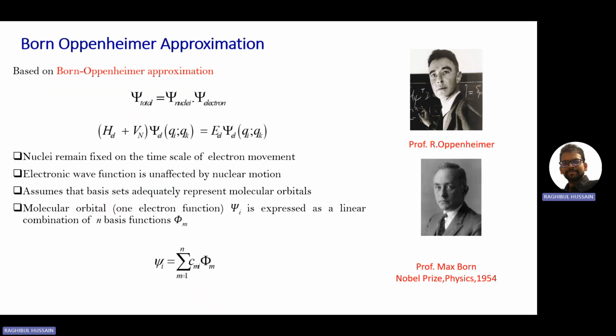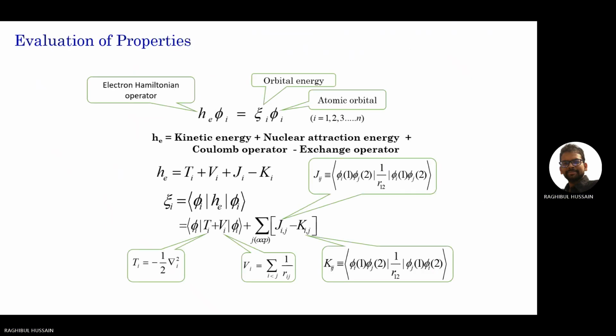And this is the Born-Oppenheimer approximation. You must know this, the separation of nuclear and electronic motion. If you can separate the wave function of the nucleus and the electron, you can compute the wave function and the calculation easily. These are the two chemists who have provided this expression. And this is the molecular orbital as a linear combination of basis functions. I'm not going into details, you know this mathematics. The overall Hamiltonian consists of the kinetic energy, nuclear attraction energy, Coulomb operator, and